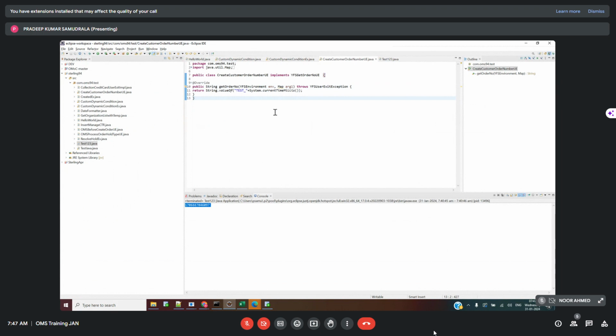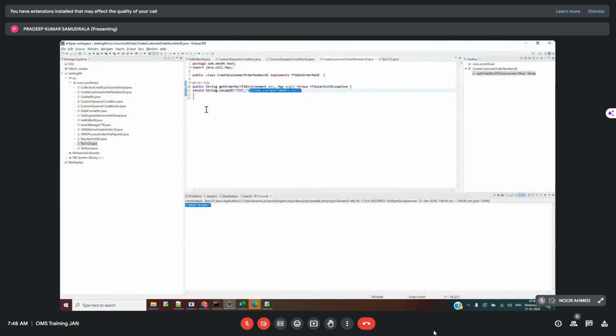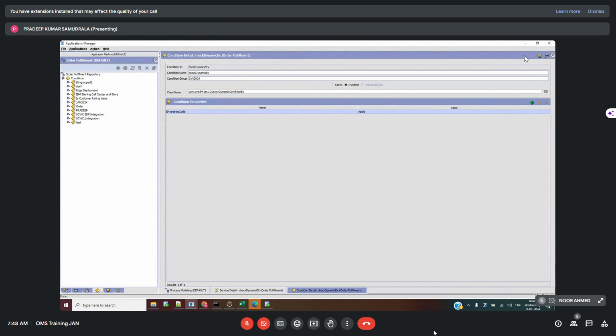Okay. But here, on a simpler basis, we just generate a random number, and we use our get order number user exit. Now I have written this Java code. How to configure it? So for that, you have to go to our